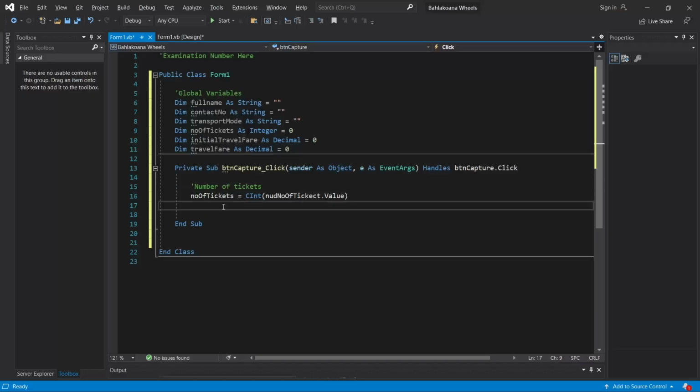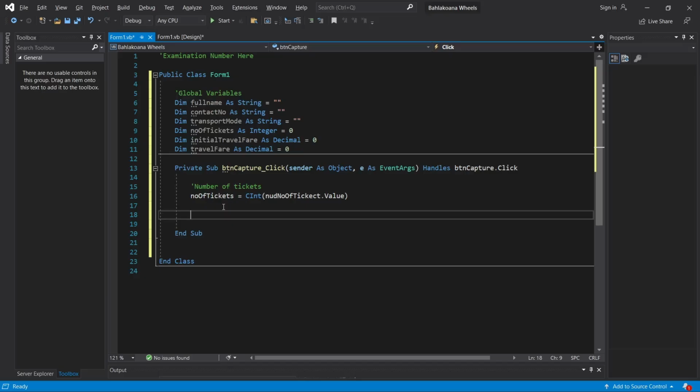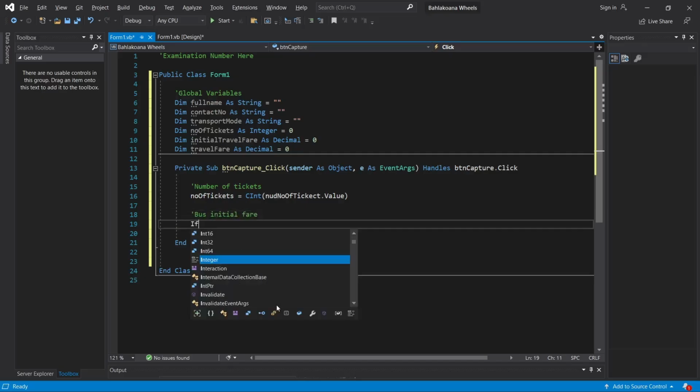Okay, now we're gonna ask, what's a nested if statement? A nested if statement is simply an if statement inside another if statement, right? So this is how we write it, and they usually work in cases like this one, the one we're dealing with. So we're gonna say if,